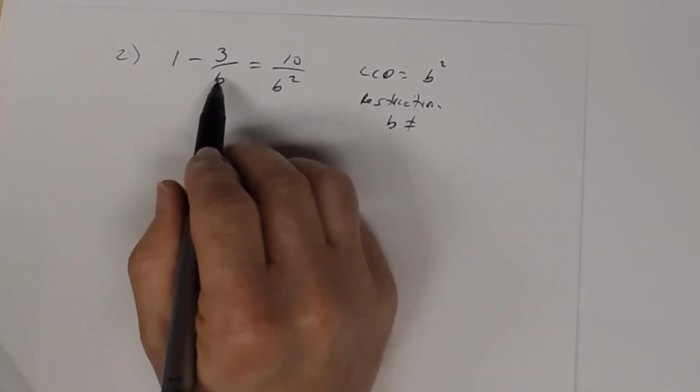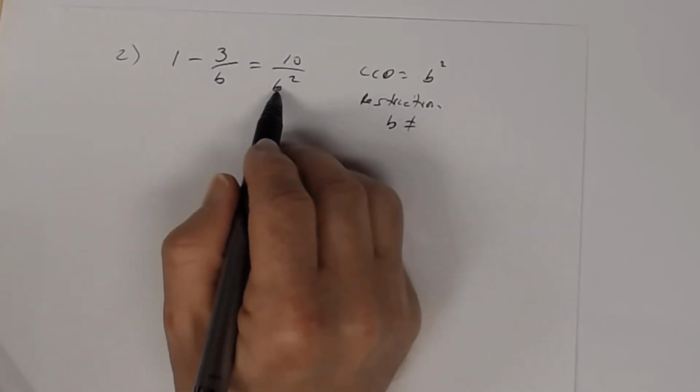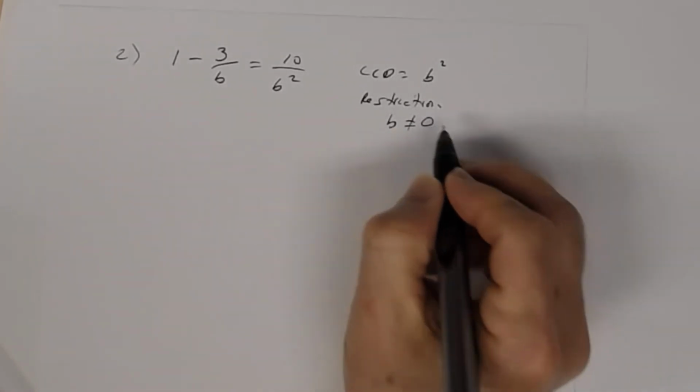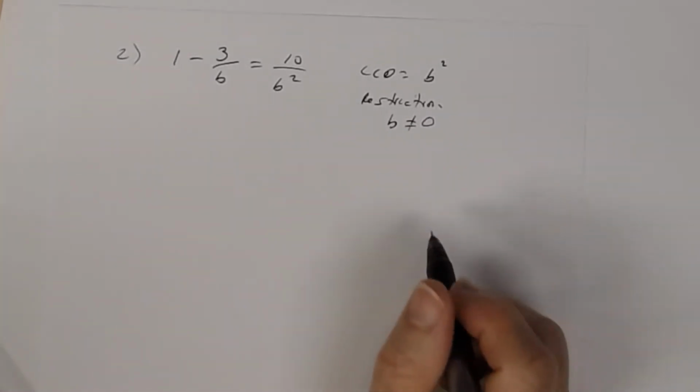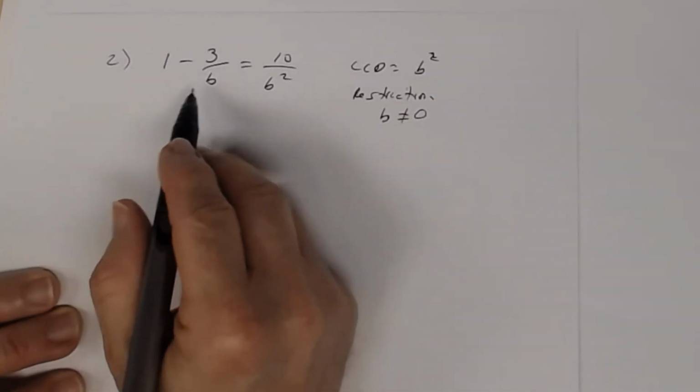Well, when b is 0, because 3 divided by 0 is undefined. Same thing here: 0 times 0 squared is 0, and 10 divided by 0 is undefined. So the only restriction is that b cannot be 0. Now, once you find your least common denominator, remember the next step is to multiply both sides by the least